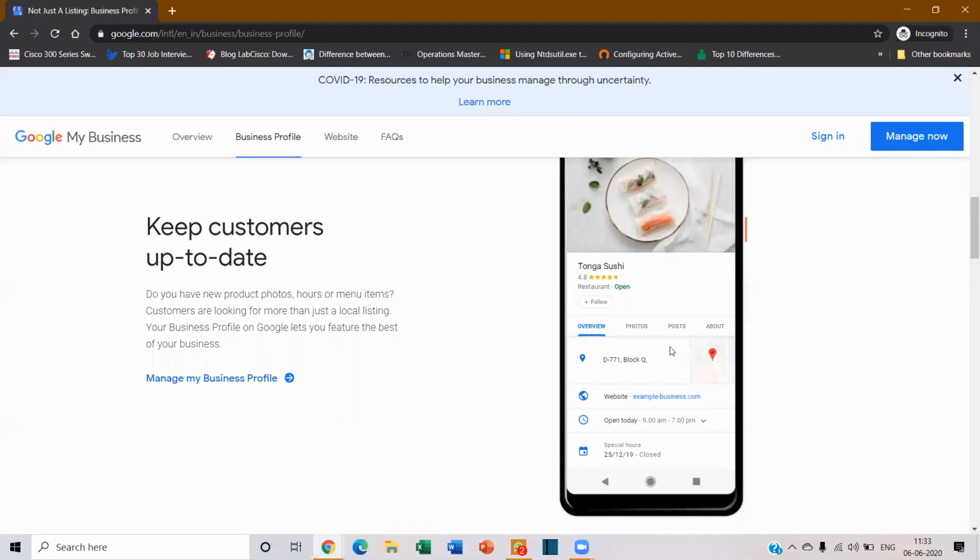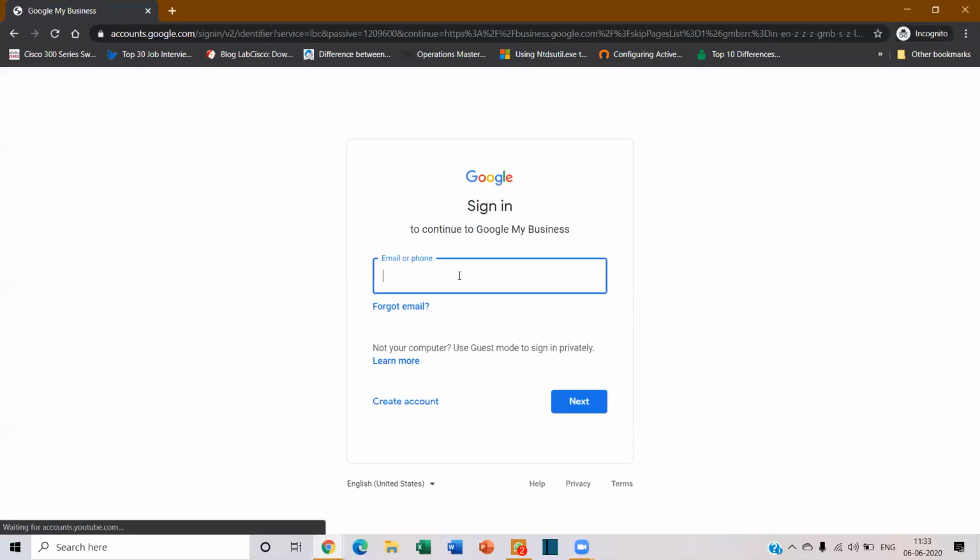And once you have given it, it will ask you for the verification. And once you have verified, what happens is, probably in 6 or 7 days, you will get a postcard from Google authorizing that you are an official verified page, right? Something like that. So let me just show you this to get an idea.